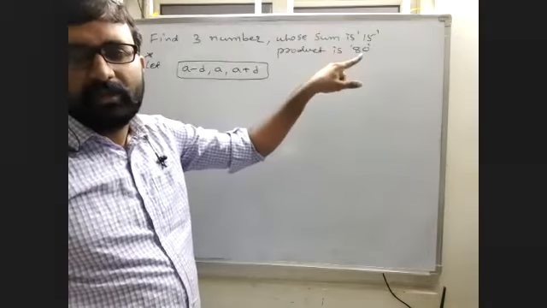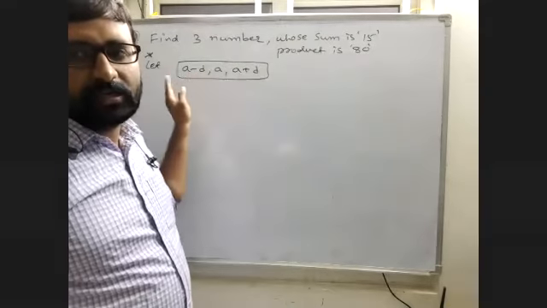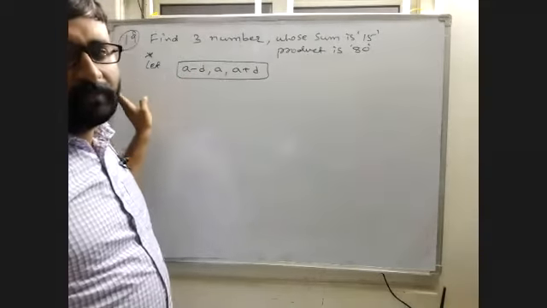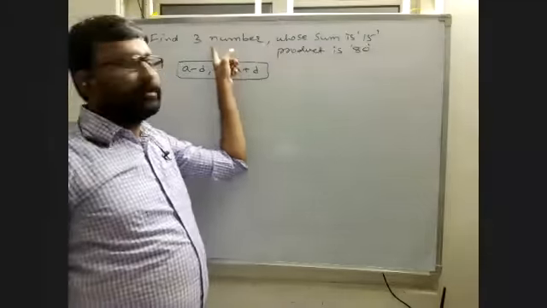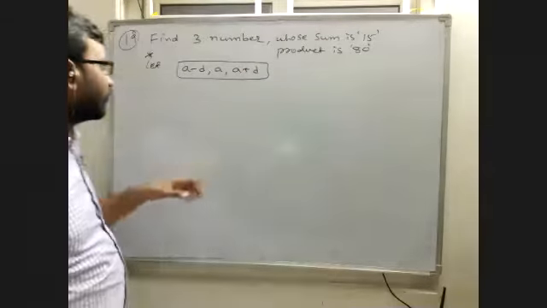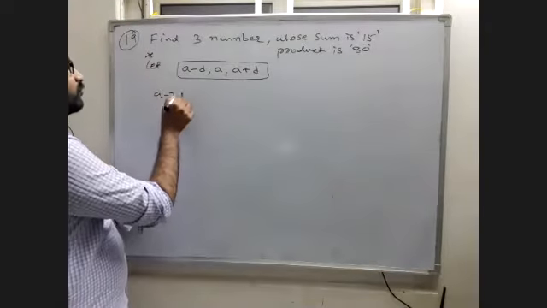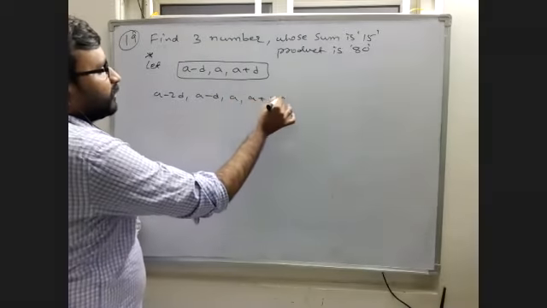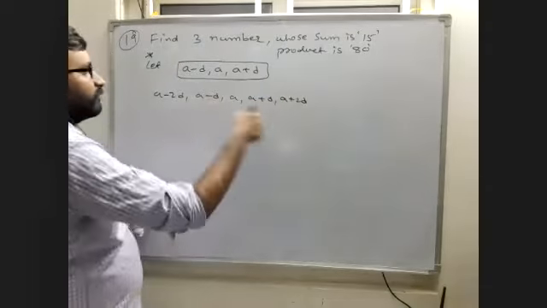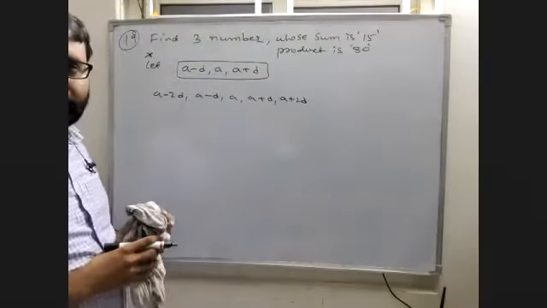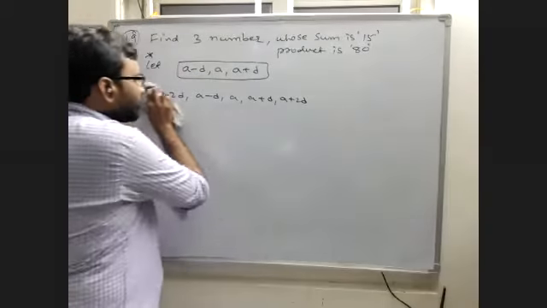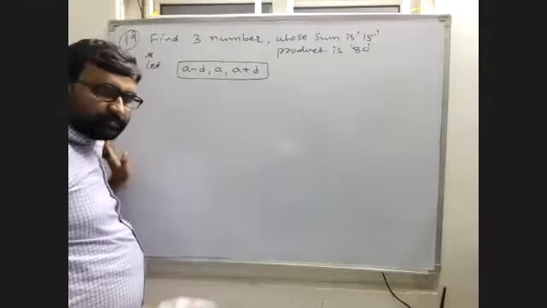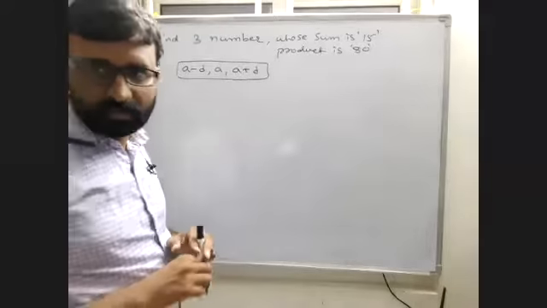Again a plus, like that. The previous also you can add a minus 2d, a minus 3d. If they ask, you are given three numbers. Now if they ask for five numbers, you have to take what? A minus 2d, a minus d, a, a plus d, a plus 2d. You have to take five numbers with common difference d. Okay, we are asking three numbers and maximum we do for three numbers only.